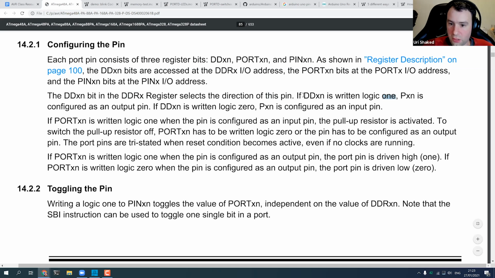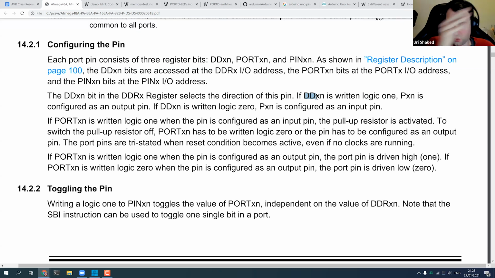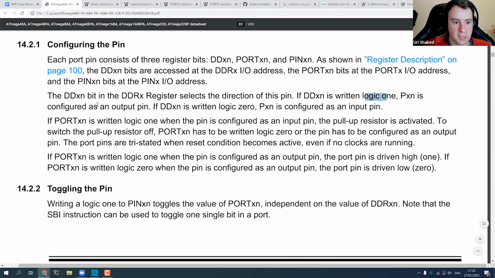If we are writing logic 1, so if the DDx and the bit, when we look at the register, they call the bits DDC0 to DDC7. So if it's written 1, then the pin is configured as output. If it's written 0, the pin is configured as input.